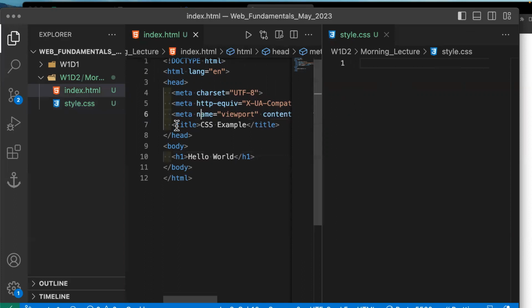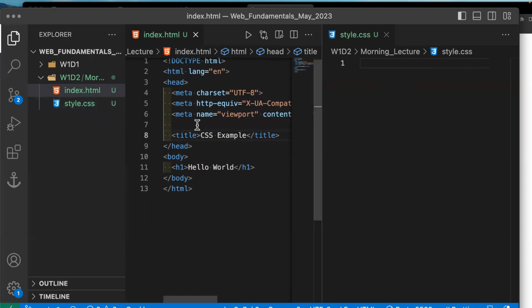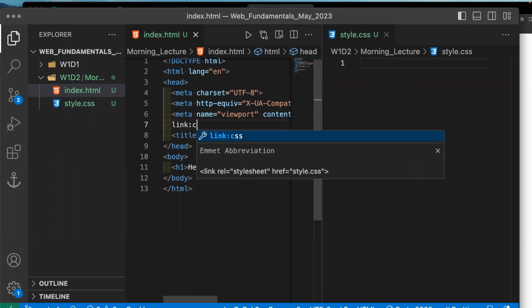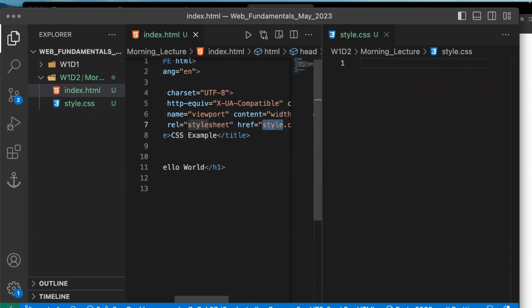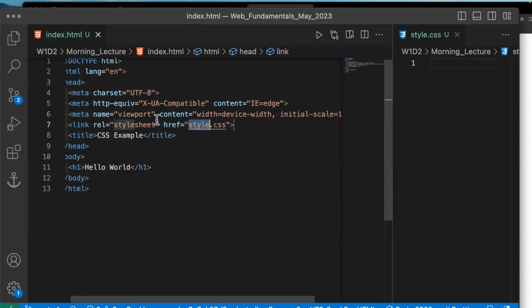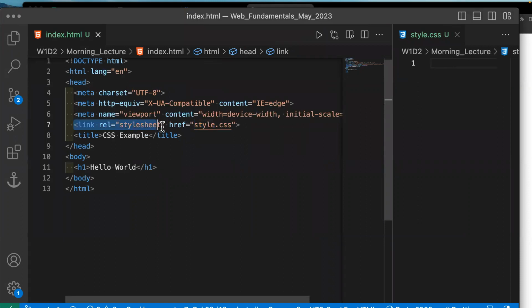So now we need to connect our CSS. We've created it. Now we need to connect it. The shortcut to do it, and this is the way you can remember how to do it, is by saying, what do I need to do? I need to link my CSS. So type in link:CSS. Then press enter. And then it will pre-fill what you need to write to target